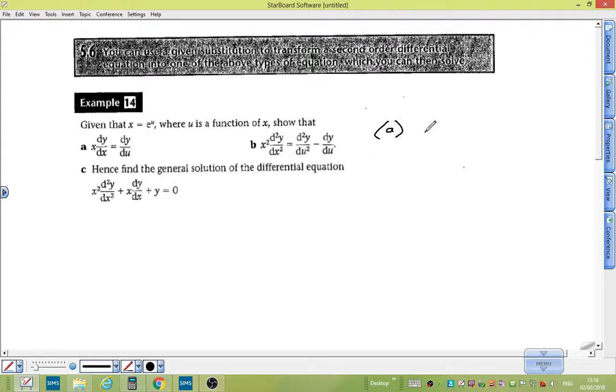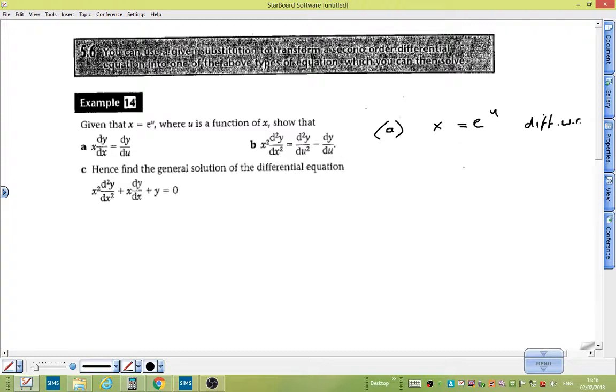Okay, so all I'm going to do is write down what I'm being given, the substitution, x equals e to the u, and I'm going to differentiate with respect to y. As you can see, the variable that we haven't got is y. So differentiate